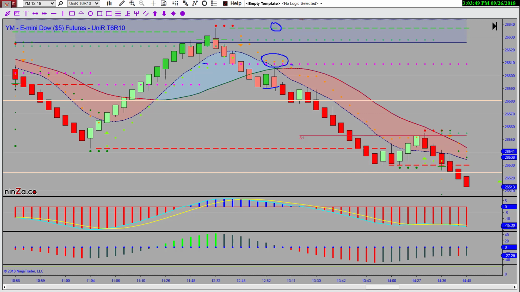Now, if you went short on this candle right there, you have not established a very strong downtrend yet. But if you go short on this candle right here, you already have a downtrend going. This is the one I try to pick up. Now, its target's probably only down here. So, is it going to make enough for us to make it worth our while?